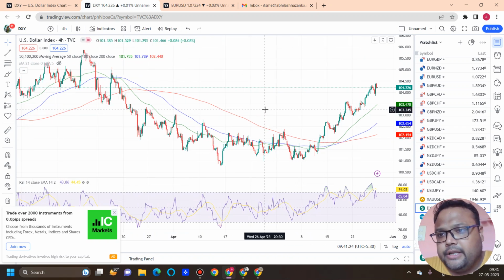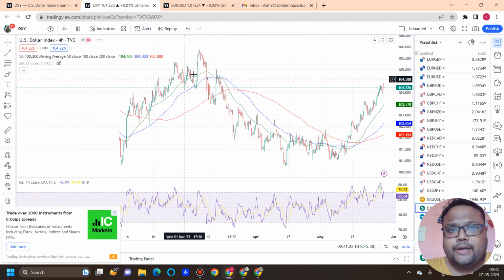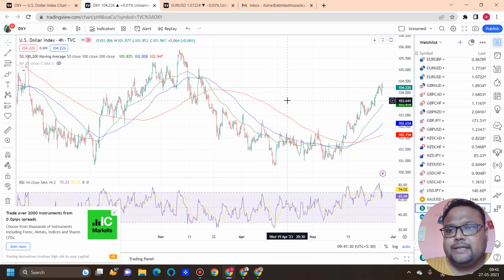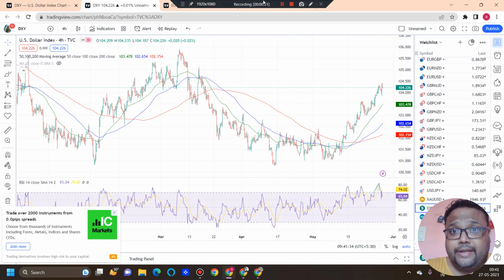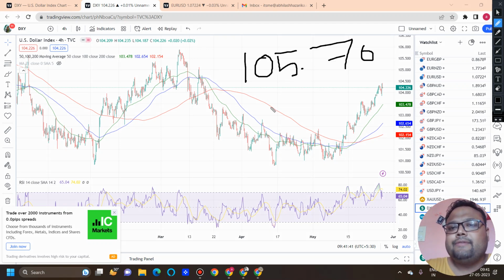on the dollar. DXY closed at 104.22, and if you look at the chart, you can clearly see that we do not have any major resistance on the chart of DXY right now. The next resistance on the chart of DXY is around 105.70 to